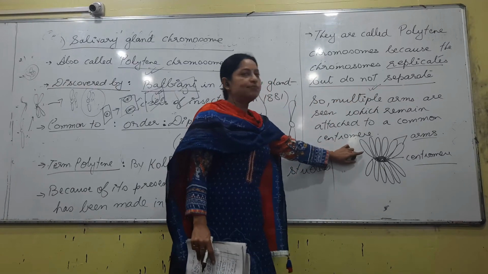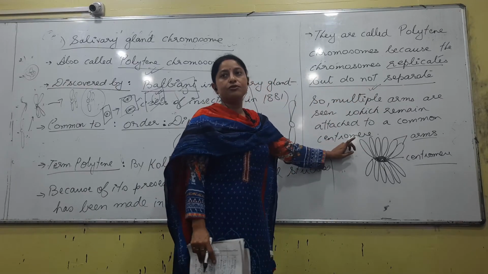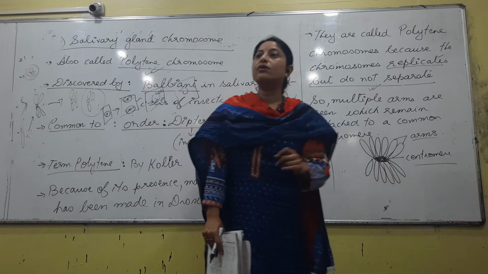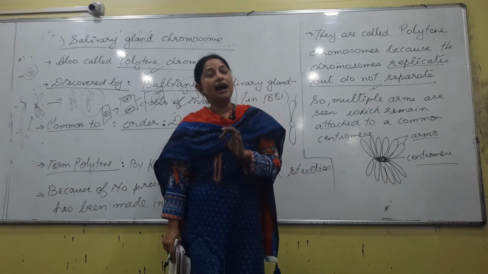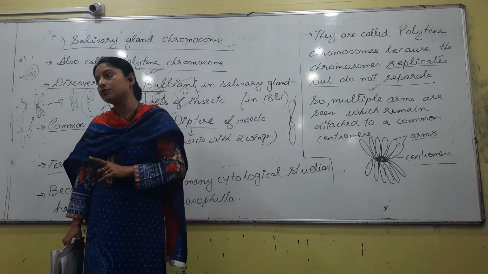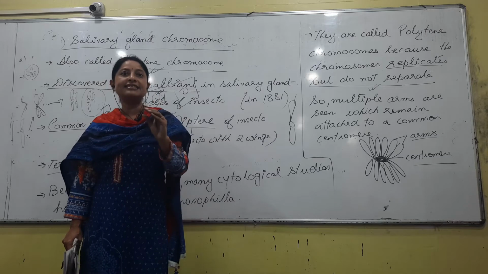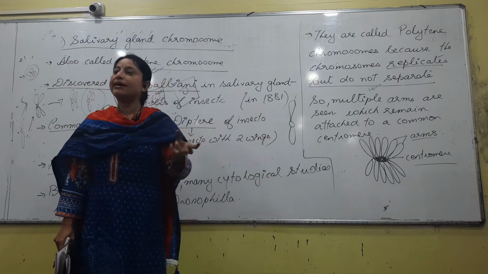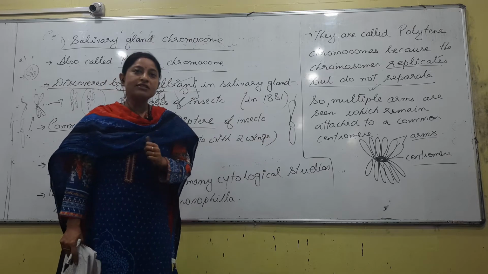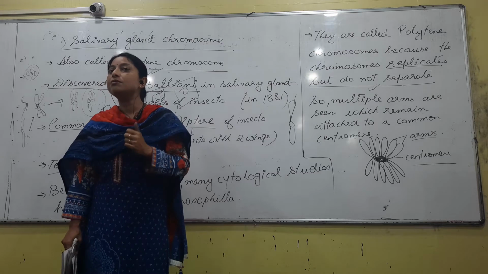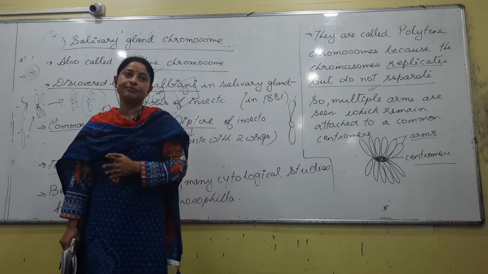As of now, what is a polytene chromosome? It is an example of a giant chromosome. Why is it called as polytene? Because we see the presence of many arms attached to a common centromere in this type of a special chromosome. Normally chromosome ত এটা centromere ত দুটা arm থাকে, এই chromosome ত এটা centromere ত কিমান arms থাকিব? Many. What is the reason behind? বহুত arms কিয় আছে? Because the chromosome replicated but did not separate.